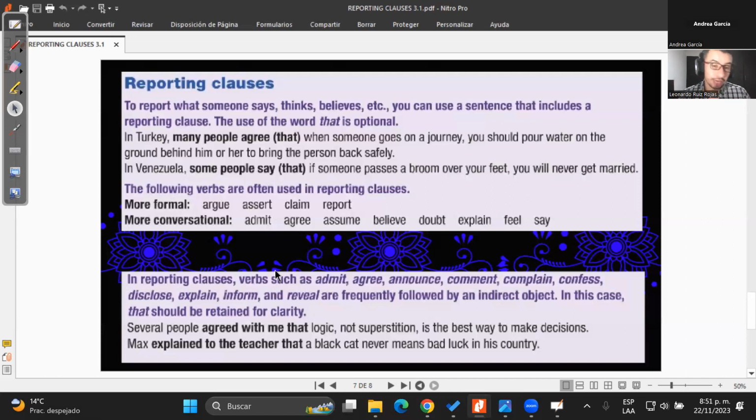Exactly. Entonces, lo que vas a cambiar es el verbo de reporte, o sea, este primero. Ese sería el que cambia, como en este caso, explain that, agree that, ta, ta, ta. Pero si te fijas aquí, sigue siendo en presente, ¿sí? Porque es algo que la persona todavía cree. Entonces, no va a cambiar, ¿right? Ok. ¿Listo? Bueno, my dear Andre, good.